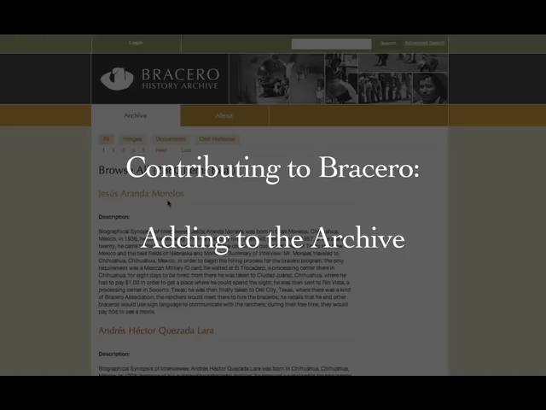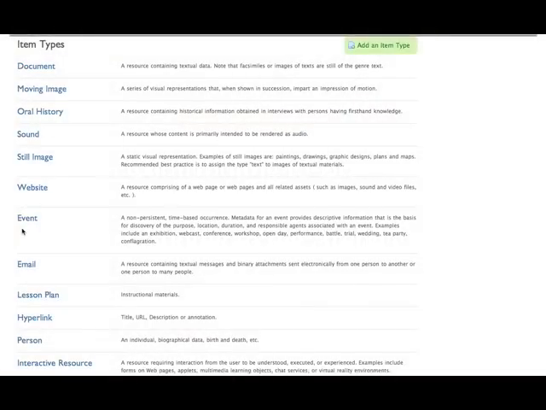Contributing to Bracero. Adding items. The item record has an interface that allows users to upload files and to provide data that is associated with that item. When you create a new item, you'll have the option of uploading a file, selecting an item type, filling in the core metadata, data fields that are common to all item types, and filling in the item metadata,